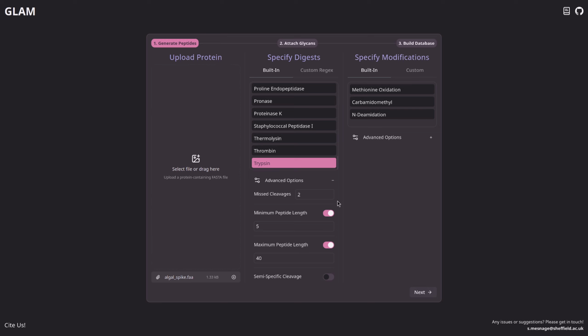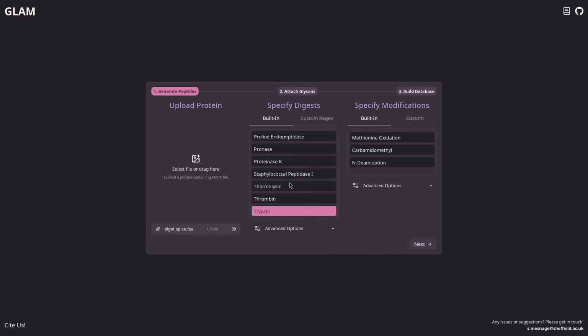tryptic digest, and then it will go ahead and remove all of the prefixes and suffixes from that peptide. So by turning this on, you're essentially taking your peptide, which has been cut once already out of the protein, and you're cutting it again at every individual cut site. But we'll keep that off for now, keep our database small, and move on to the next step, which is